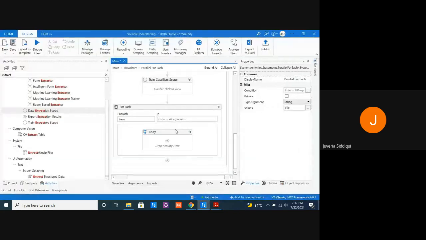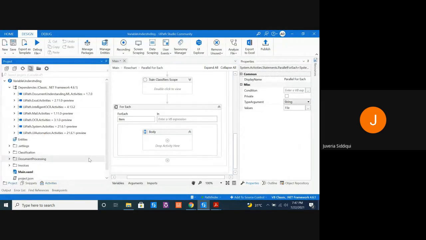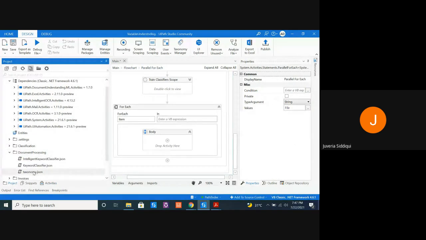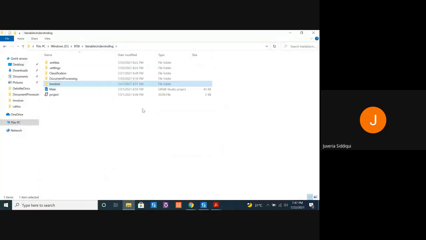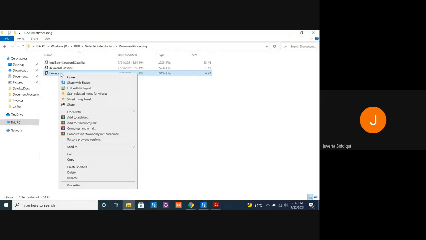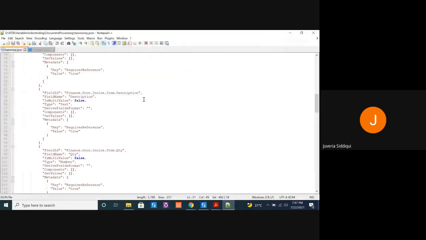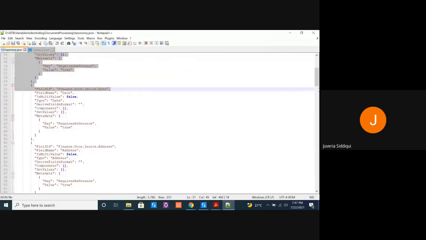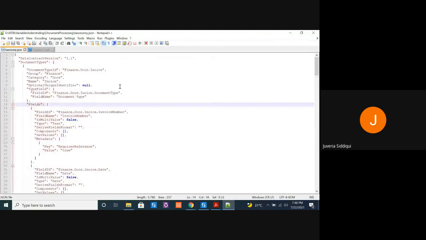The other place where you can find your document type ID is if you go to your project. In the document processing folder, taxonomy.json will also contain the same information because it is basically getting populated from taxonomy manager, right? So let me quickly show you that as well. Here, this is your document type ID.